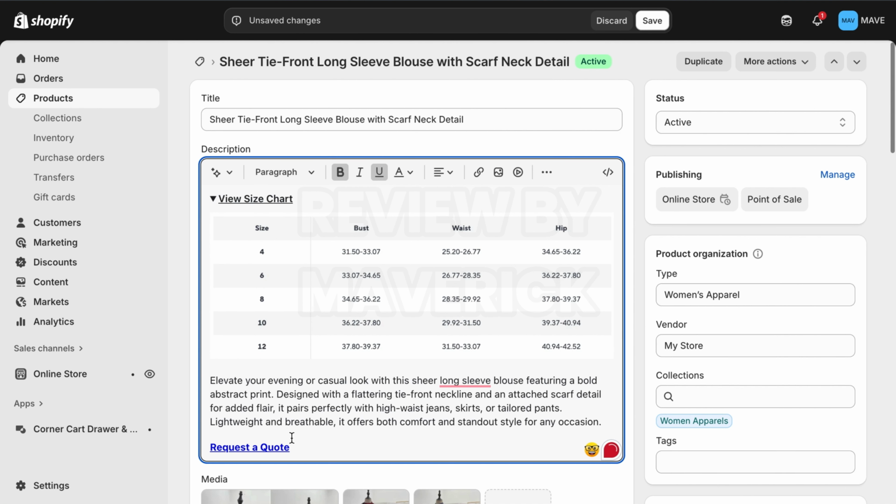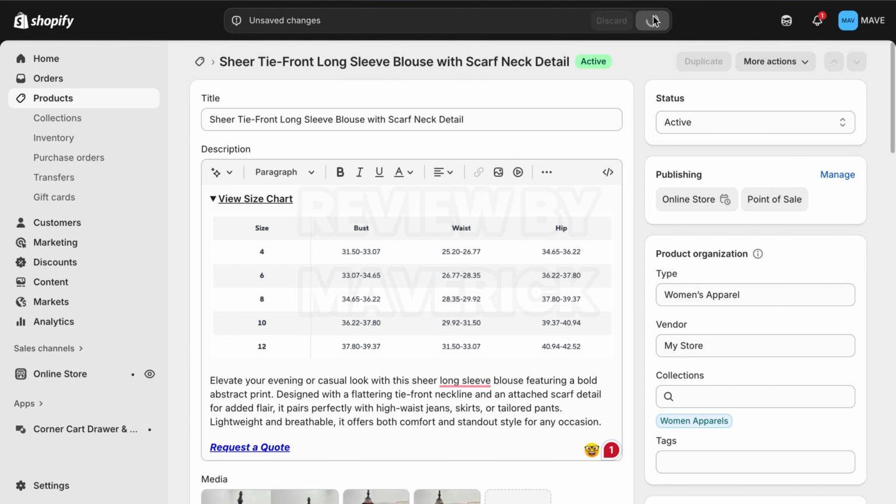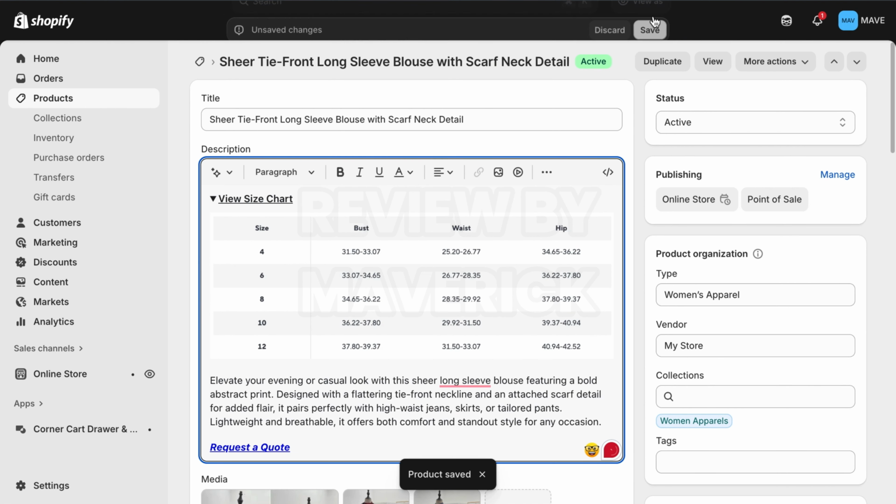So now, the moment anybody clicks on this, I can even make it italic, just a simple request a quote like this, it's all you need. And you save it, and once anybody clicks on it, it's going to take them to request a quote. So this is exactly how you can go ahead and add a request a quote form to your Shopify without